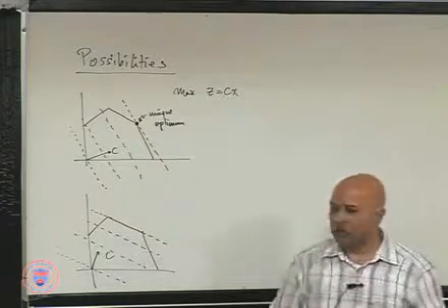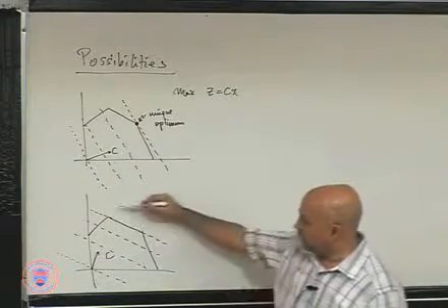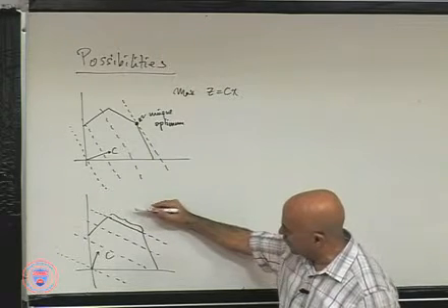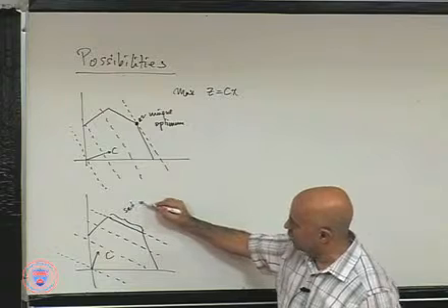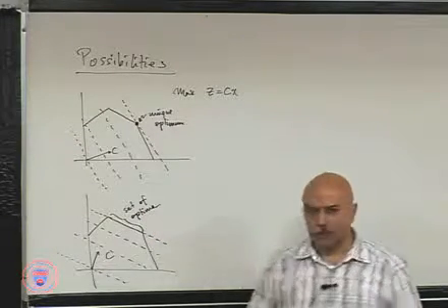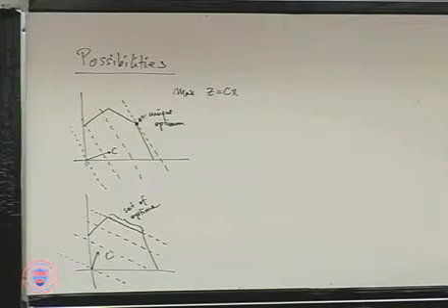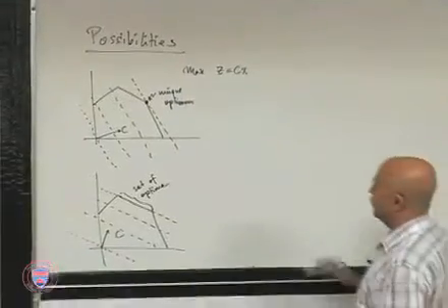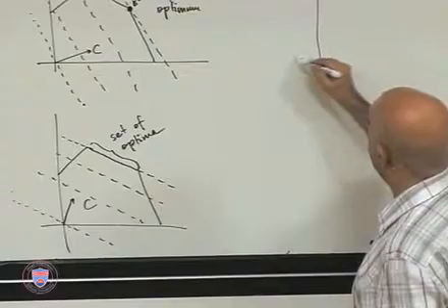it actually coincides with one of the edges of the feasible region, and in this case, of course, everything here is optimum. So this is the set of optima. You've got multiple optimum solutions. All right. You may have the same situation with